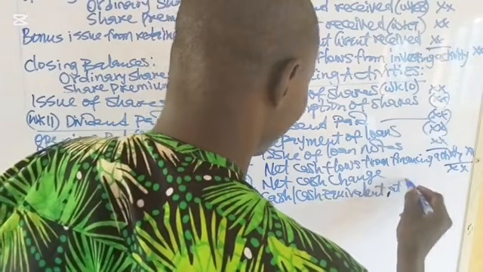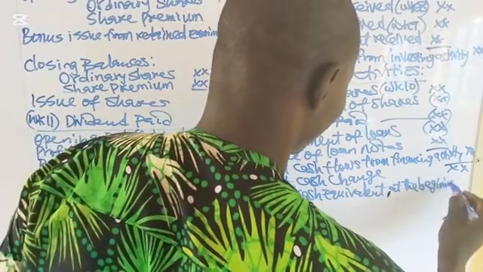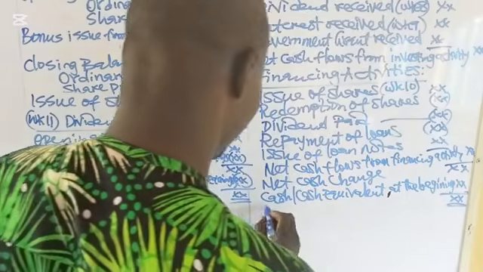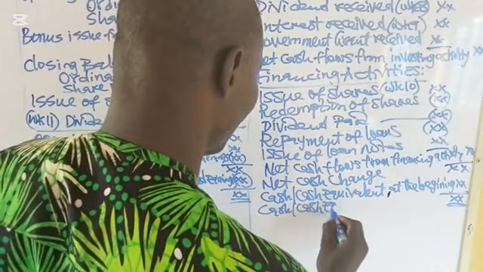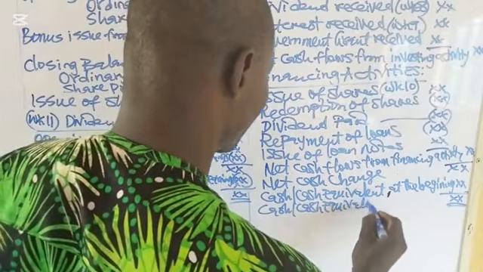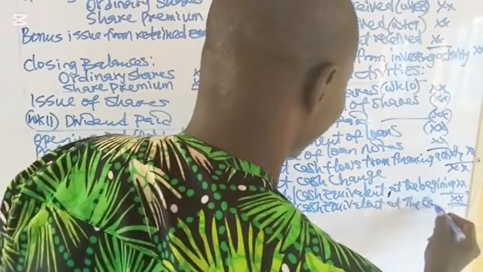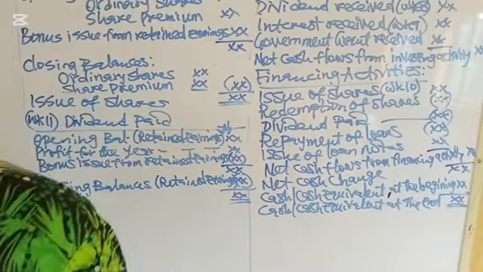at the beginning. Net cash or cash equivalent at the beginning. If you add that, you get cash or cash equivalent at the end. So this is the format for preparing statement of cash flows